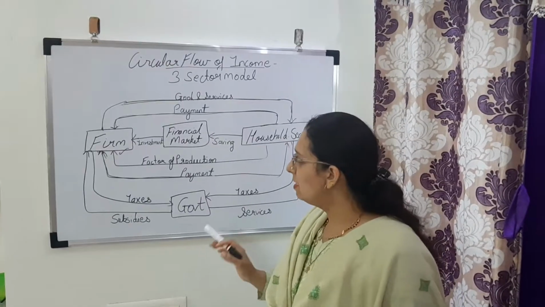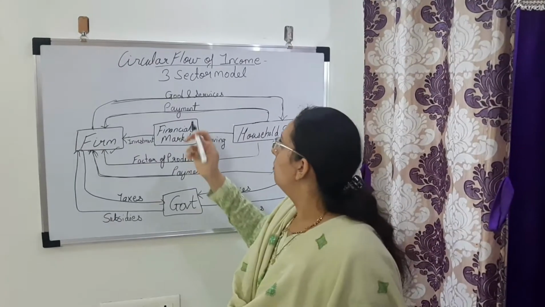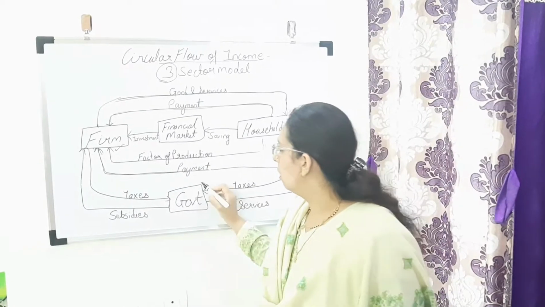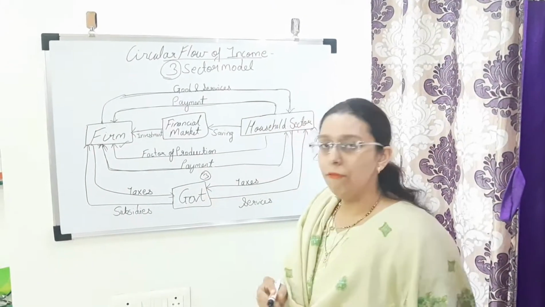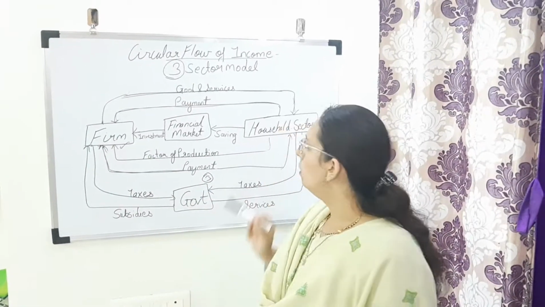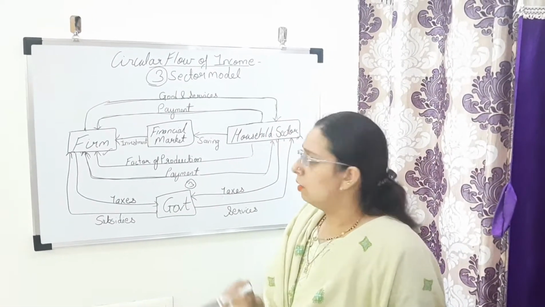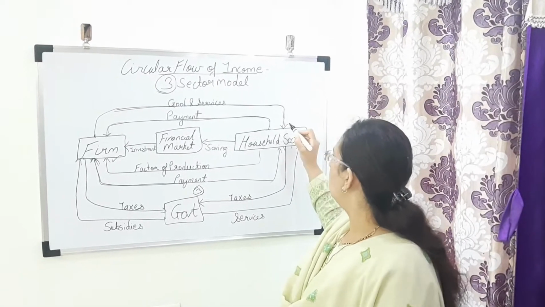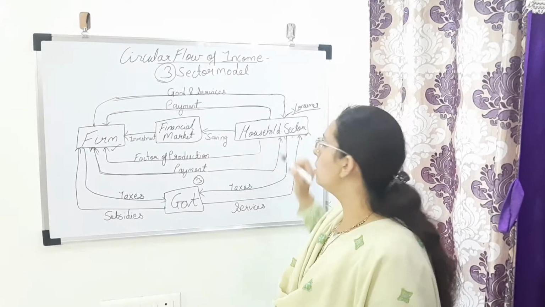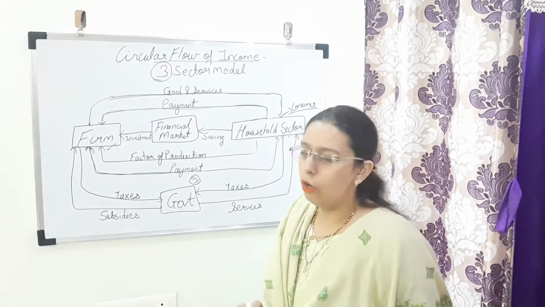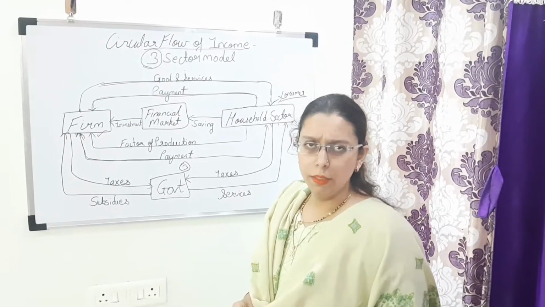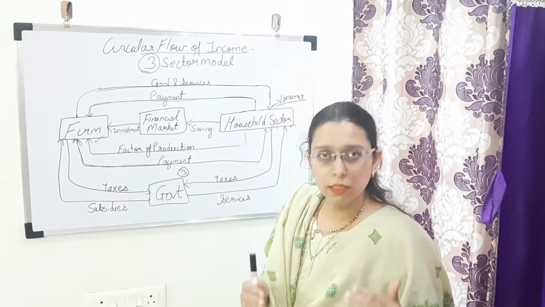Now we will see circular flow of income under three sector model. The third sector is government sector. We'll see how the flow of money take place between these three sectors. As we all know, the consumer, the household sector is also called as consumer. So consumer never spend his total income on goods and services. He always keep something as saving